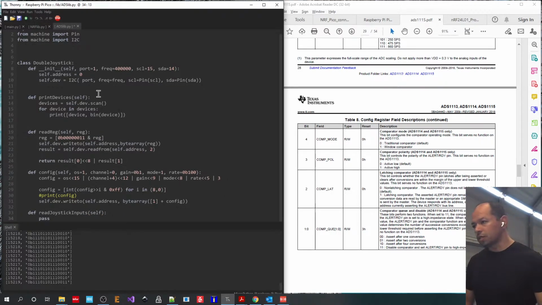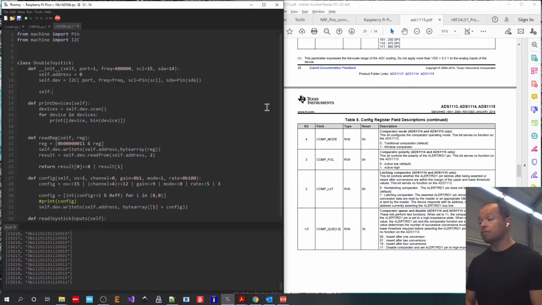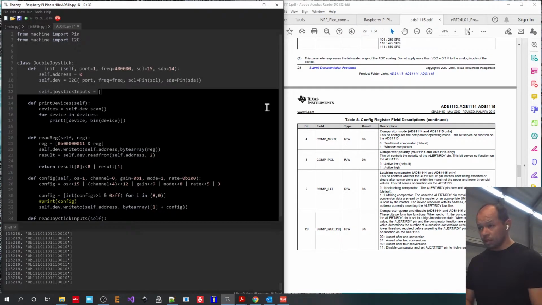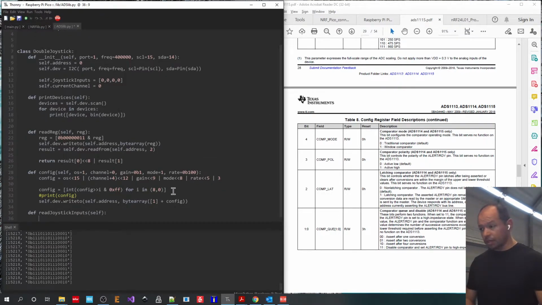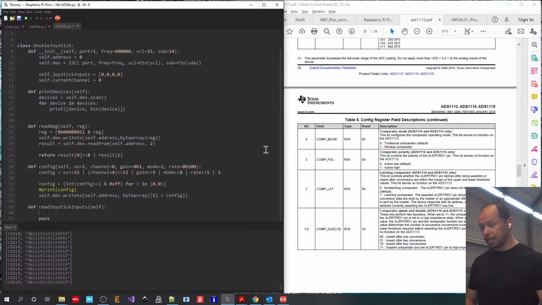We're going to need a way to store this data and a way to keep track of the channel as well. So self.joystick_inputs is 4 channels, so that's 4. Current channel, this will be set to 0. So now we can come here and